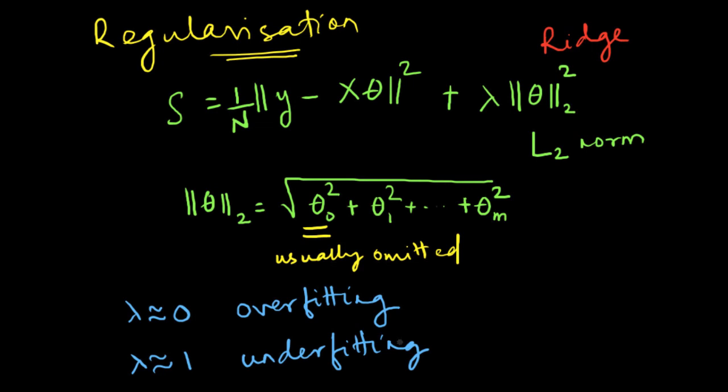There are other ways of regularization also which are used less frequently. Ridge regularization is the one which is most common, especially when it comes to linear regression, but it is important to know the other methods also. So one method of regularization is what is called the lasso. In lasso you have the same LSE term, which is 1 by n mod square of y minus x theta square. This is of course an L2 norm, and now instead of adding an L2 norm, you actually add an